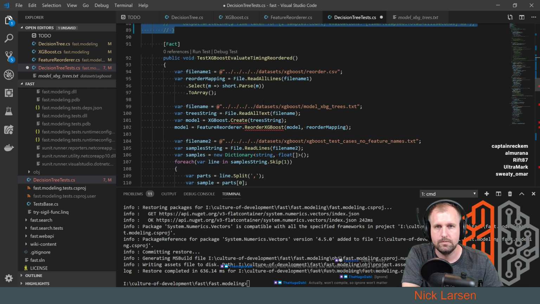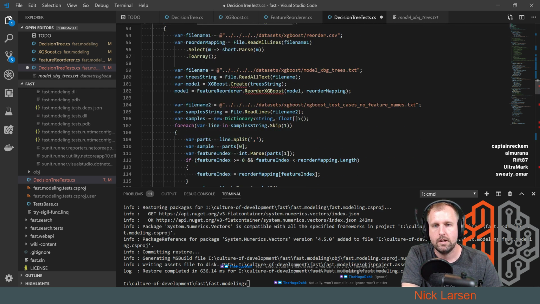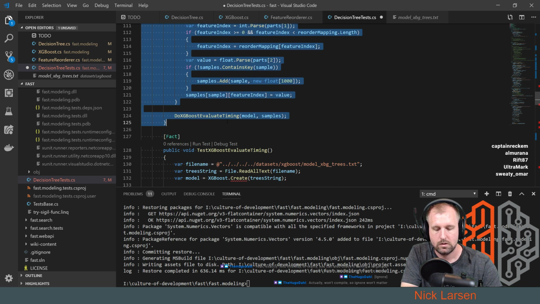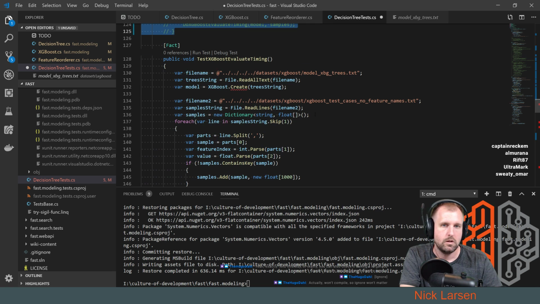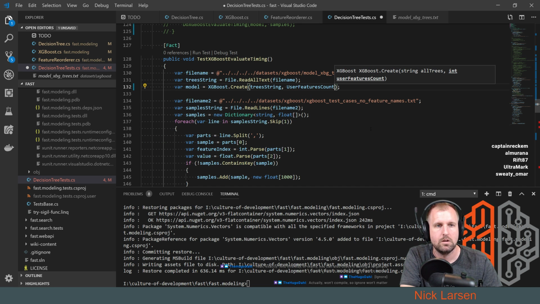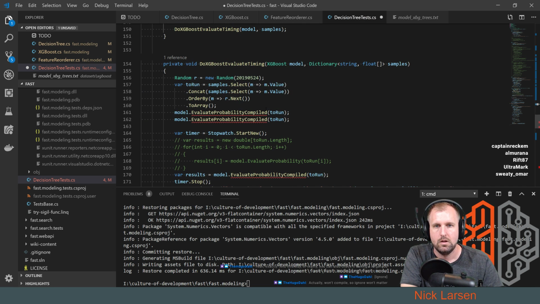Don't actually care about the reordering. This is good. I like commenting things out. Okay, evaluate timing. This is the one that we care about. So for this one, we want user features count. And then for this,